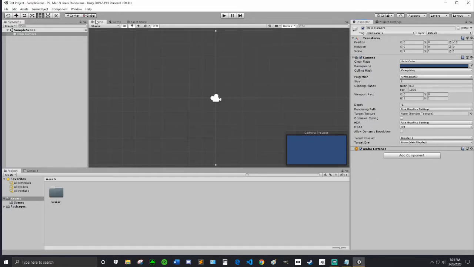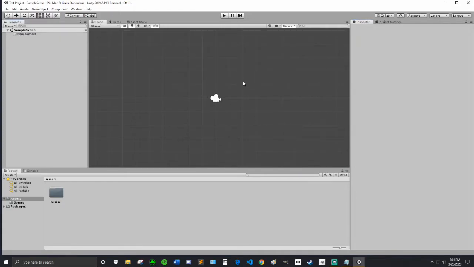Alright, so now the scene tab. The scene tab is where you can view your scene. And your scene is your game, basically, everything that's in the level you're currently working on. So you can use the mouse wheel to scroll in and out. Depending on where you scroll, it will do different things. If I zoom in,